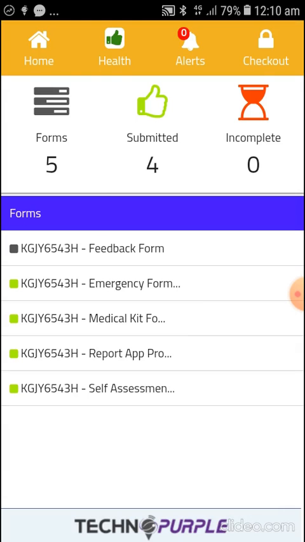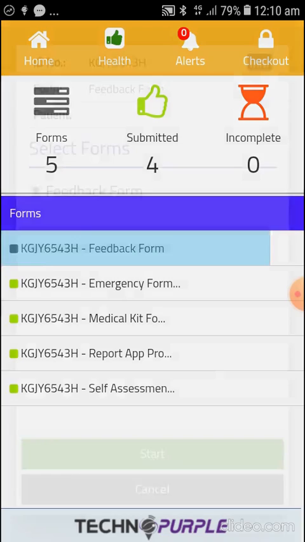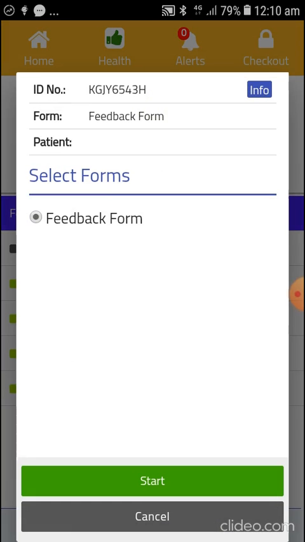Then at last, once your quarantine period is over, on 17th of day in your application, you will be able to see this feedback form in which you are giving your feedback on HBVM Trust help and support and this application made by HBVM Trust team. You will give the feedback on this. You have to click on start button.